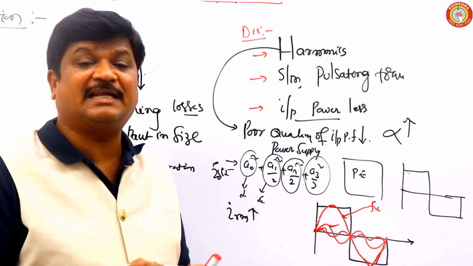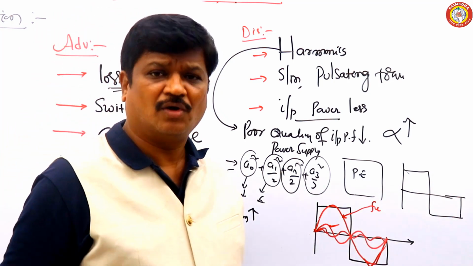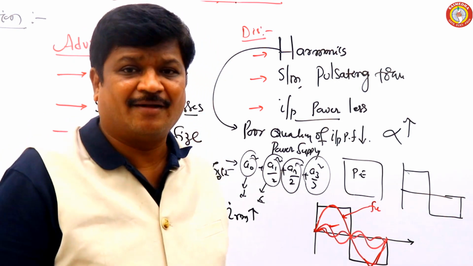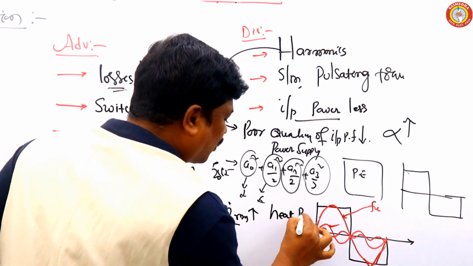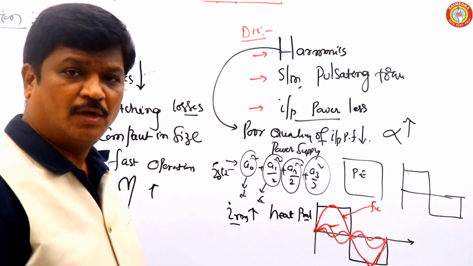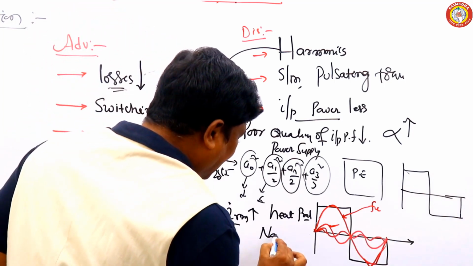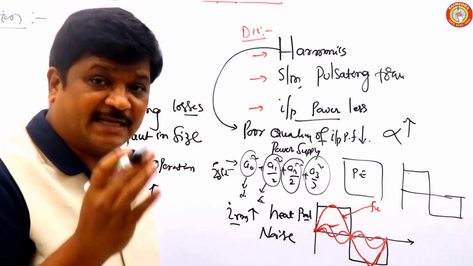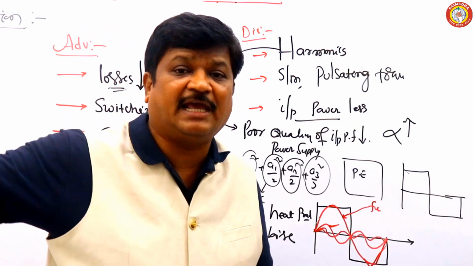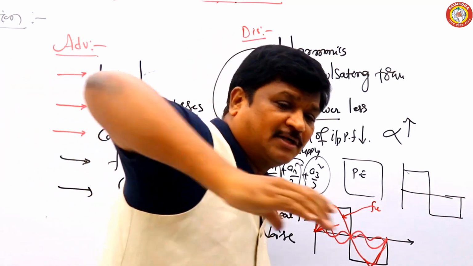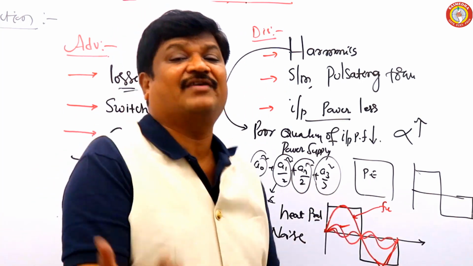Once the resultant current increases, what happens? Is it advisable? No. Heat production becomes higher. Because of the high RMS value of current, heat production becomes more. Once heat is produced, some noise will take place. Because of this noise, due to the third harmonics, radio interference will take place. If any communication lines are passing through our power electronic circuit, they may get some interference.